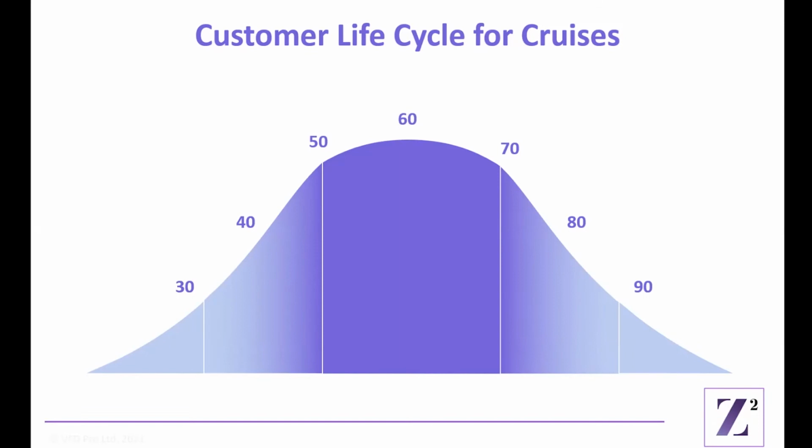The bulk of revenue generation for cruise lines comes from those customers who are in their age range of 50 to 70. There's a good level of expenditure for the 40s, 50s, and a marked drop off after 70. So those in the 50 to 70 age group typically have more wealth. The kids have moved out, even more wealth and time for some self-indulgence. So they have time, money, health to invest in leisure activities.